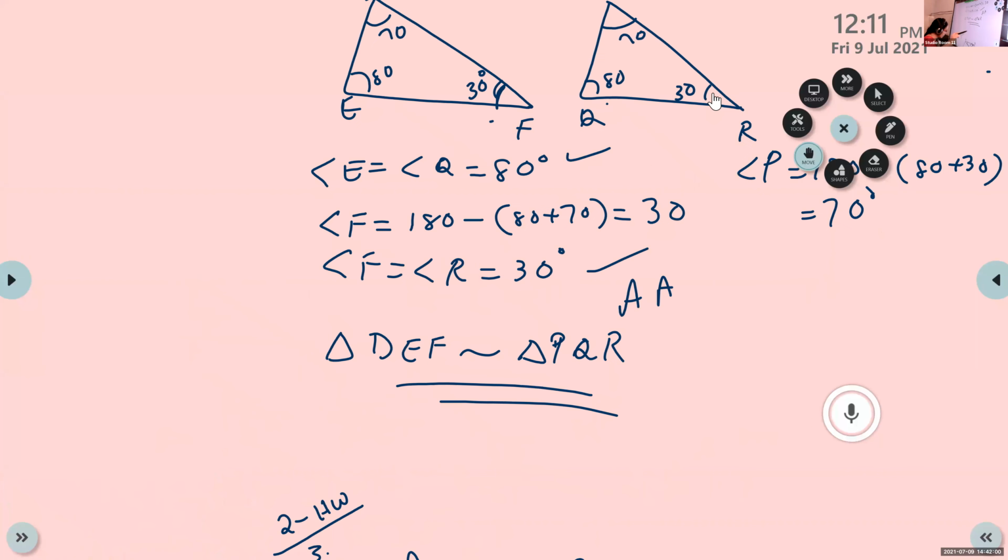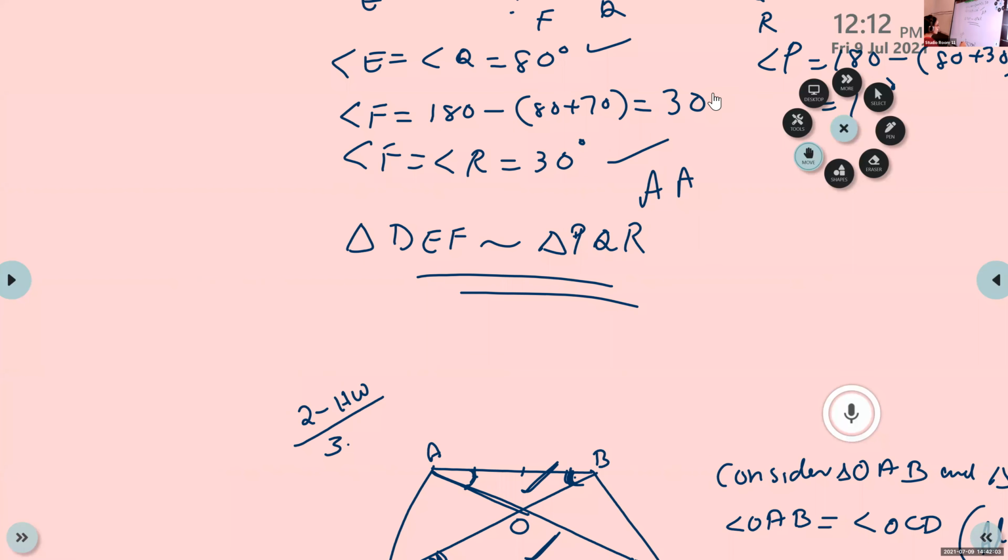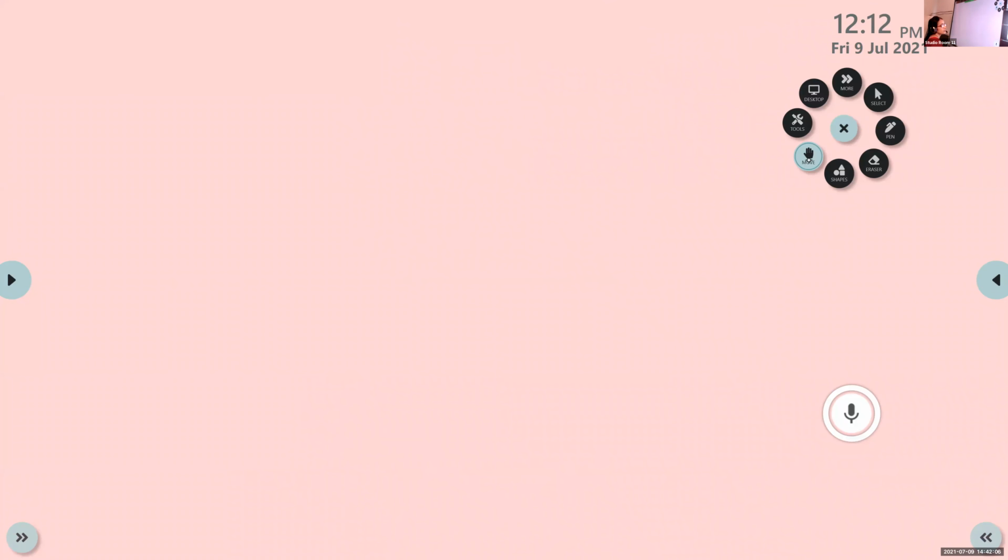Sorry, fourth one. Fourth question. In figure, QR by QS equal to QT by PR. Draw that figure also. Figure 6.36. So, it is the question that is repeatedly asked. Draw that figure.